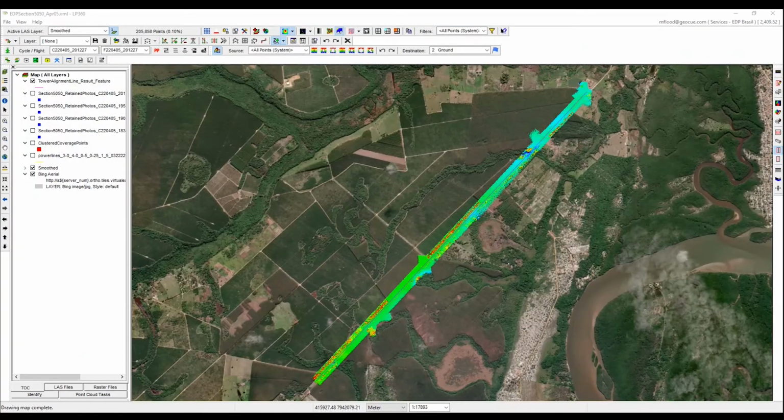This is data collected for EDP Brazil using a TrueView 515 in April of 2022. This is a section of line where we've gone through and processed the data, done wire extraction, which is collecting,